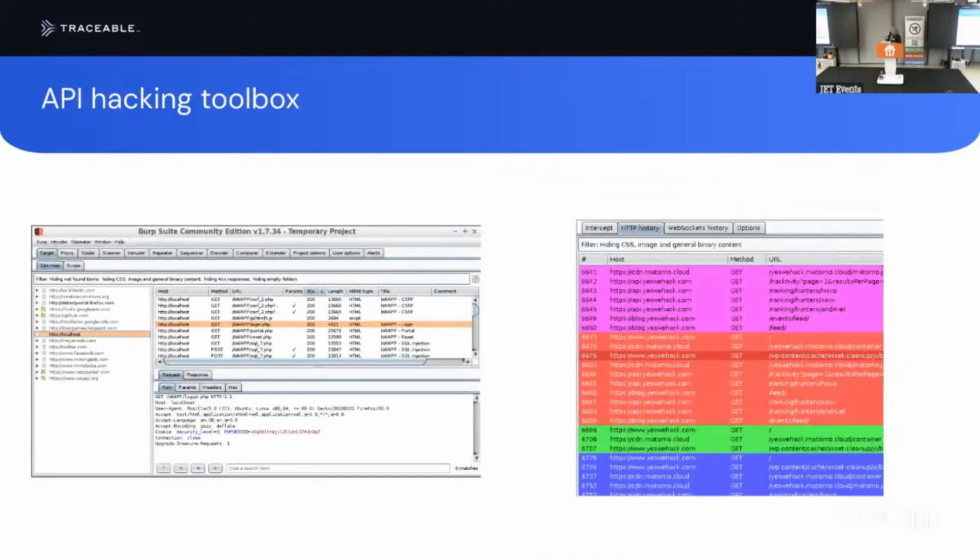People often ask me about my API hacking toolbox as well. Again, crushingly disappointing to actually hear this. I don't use a big toolbox. I don't use complex tools. I use Burp Suite. I don't even pay for Burp, right? I use the free version of Burp, and that's it. So fundamentally, I'm interacting with this API as literally just raw requests and responses. The only addition I do put onto this is this one on the side. It's called PwnFox. There's also Autochrome as well. It colors the tabs. That's it. That's all it does. It makes the tabs different colors.